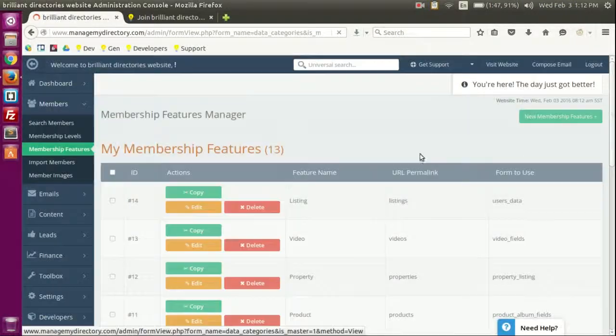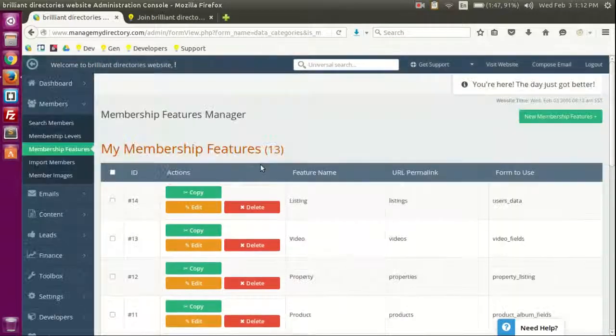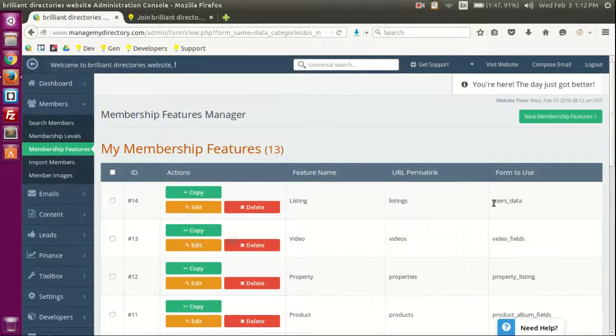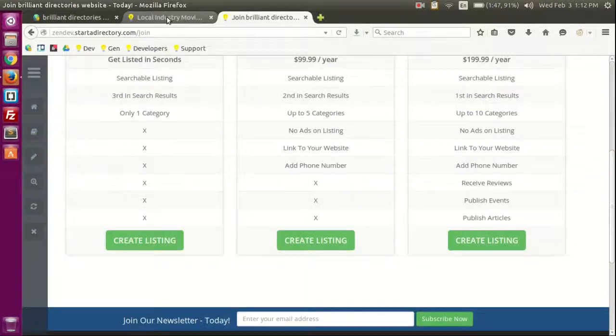On the membership features, you can see by default it comes with a couple of them. The listing is the one in charge of connecting through the database to the user's data table and showing all the members in a very unique way. You can see the way